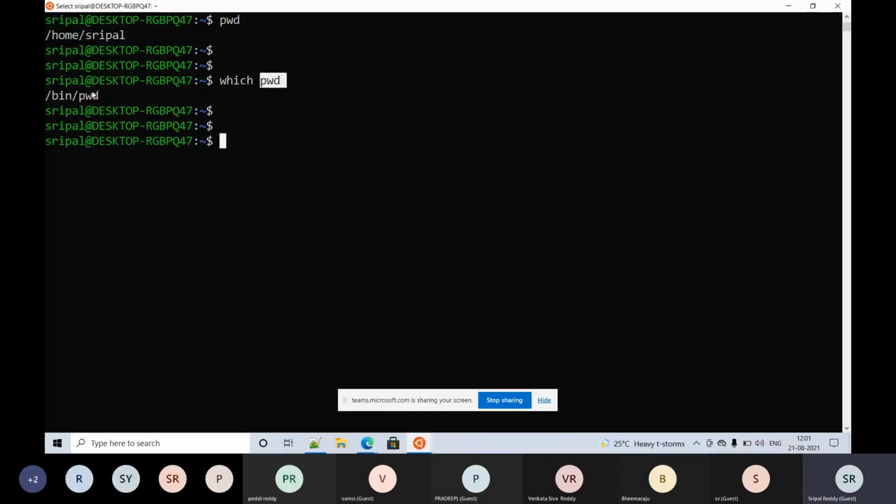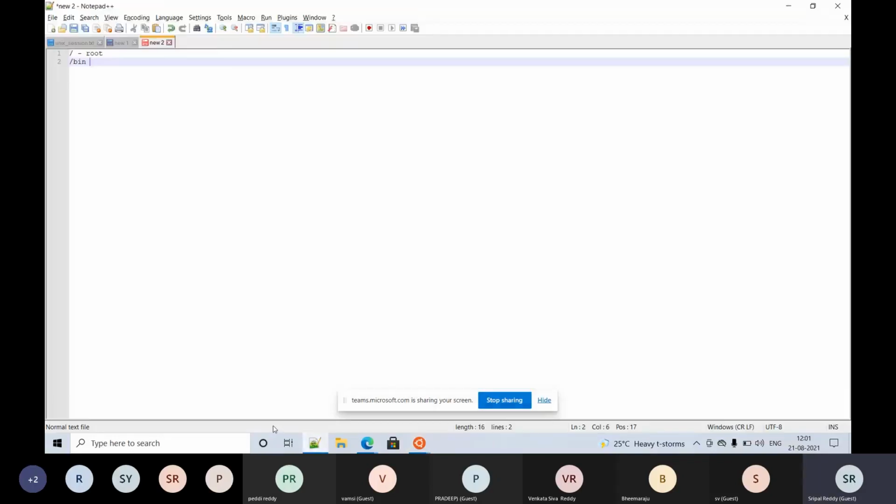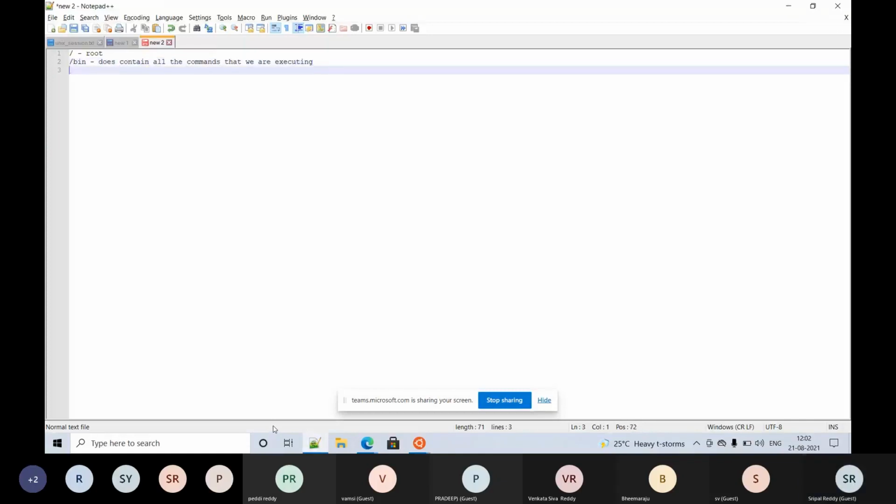Okay, so it is stored in /bin/pwd. As I said, /bin contains all the commands that we are executing. Correct?